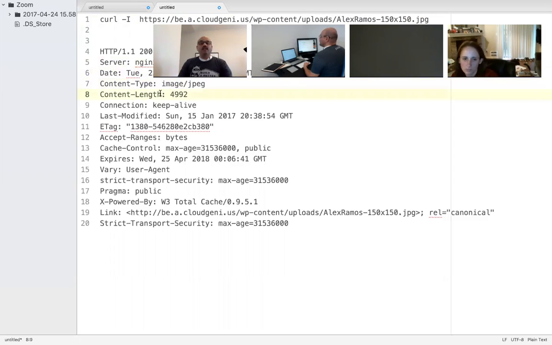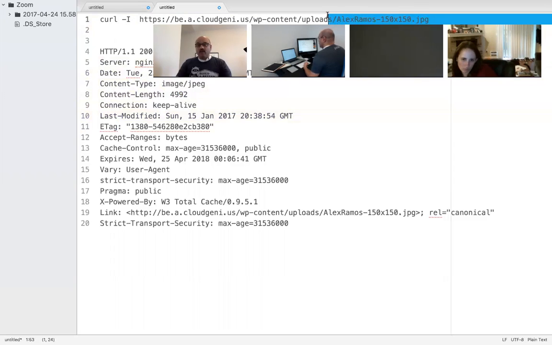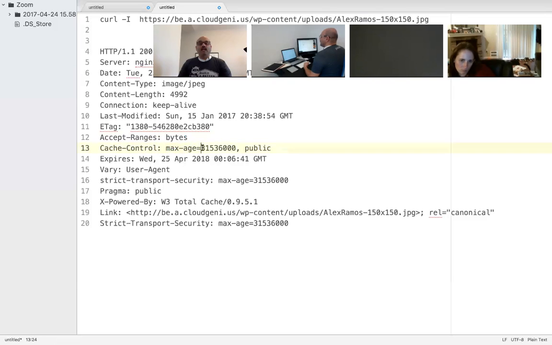The content length in number of bytes, 4992. Connection, you want to keep it alive. Last modified date was January 15, 2017, when the picture was apparently uploaded. ETag is a tag associated with the item. Accept-Ranges bytes, Cache-Control, max-age, and that's the